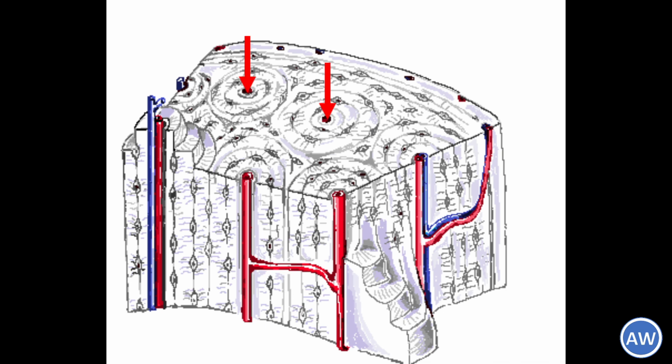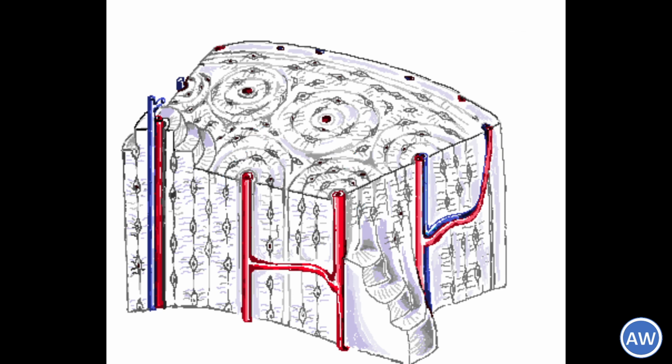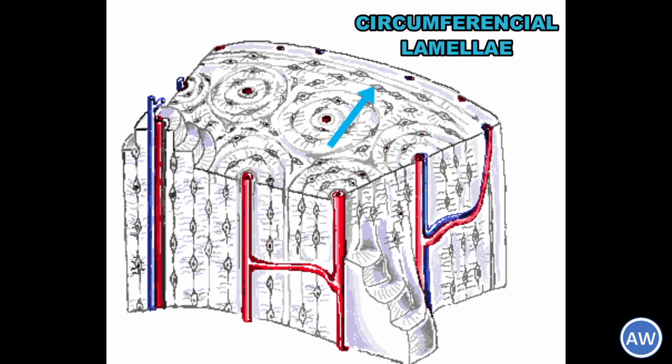If you look at the adjacent Haversian systems, there are angular intervals where the circumferential lamellar pattern is absent. These bony lamellae are called the interstitial lamellae. These are a part of circumferential lamellae which were destroyed earlier during remodeling. If you see the lamellae near the surface, it shows a pattern where the lamellae are arranged parallel to the surface. These lamellae are called the circumferential lamellae.